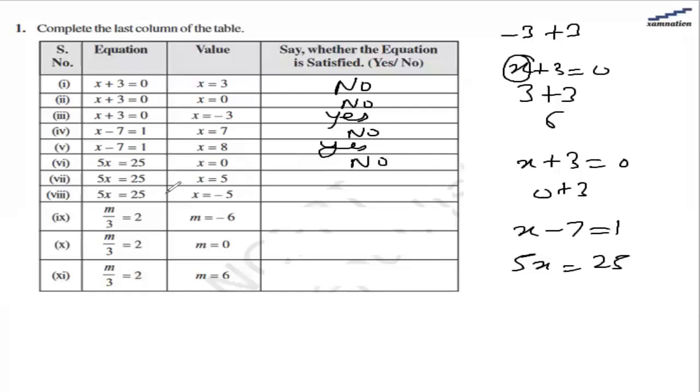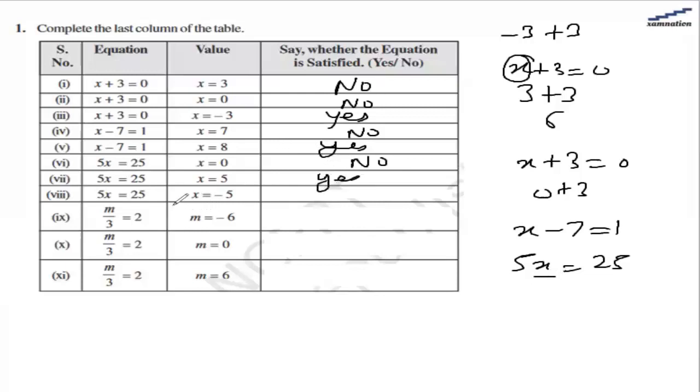For the seventh part, we have the same equation, 5x equal to 25, and the value for x is given as 5. So if we replace this x with 5, we have 5 multiplied by 5, which is 25. So the left hand side is 25 and the right hand side is also 25. So the equation is